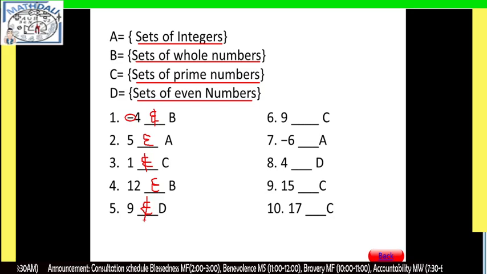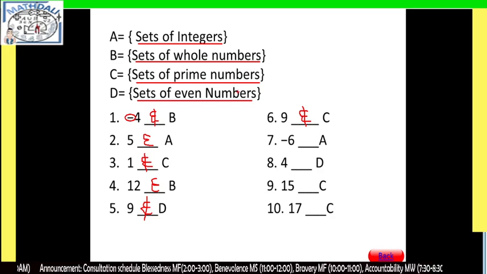That is not an element. Number 6, 9. Again, 9, does it belong to set C this time? Still, that's not belong to set C. Talagang ayaw nila sa 9 ah. Ayaw nilang tanggapin. Bakit kaya? Bakit hindi siya belong sa prime number? Because we have other factor except 1 and 9. Ito yung 3 times 3. Hindi siya prime numbers.